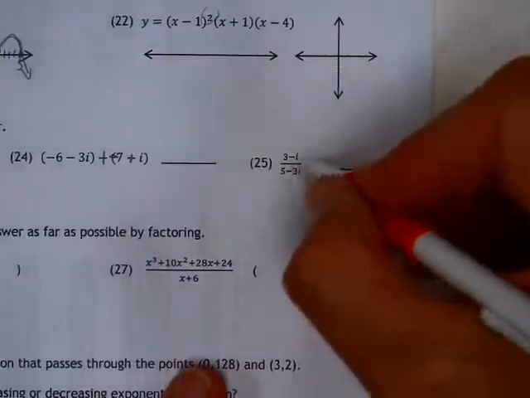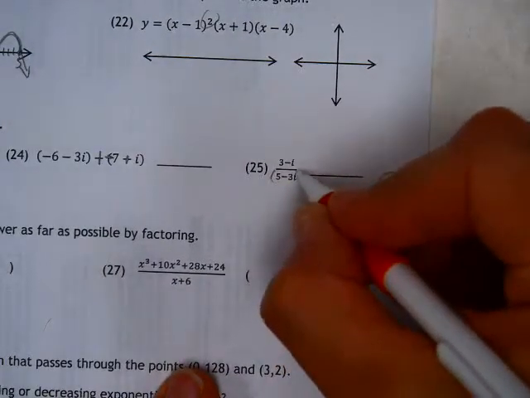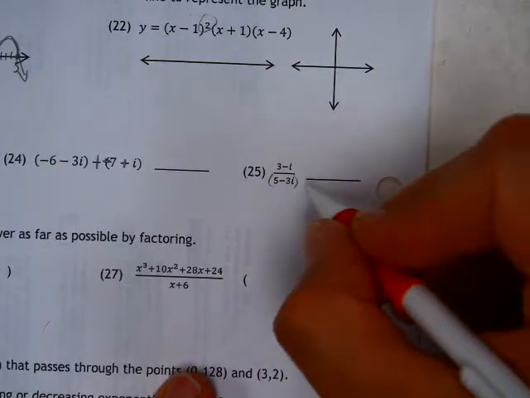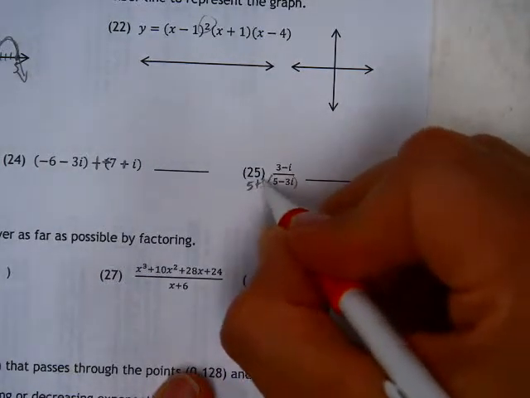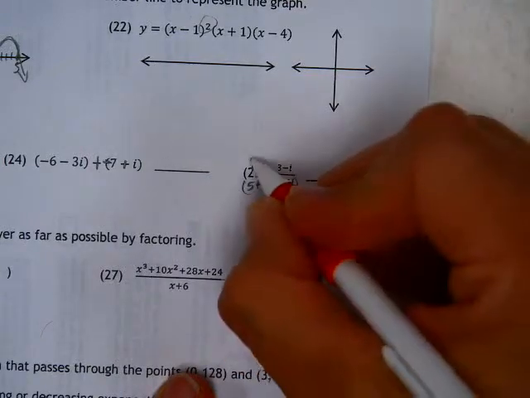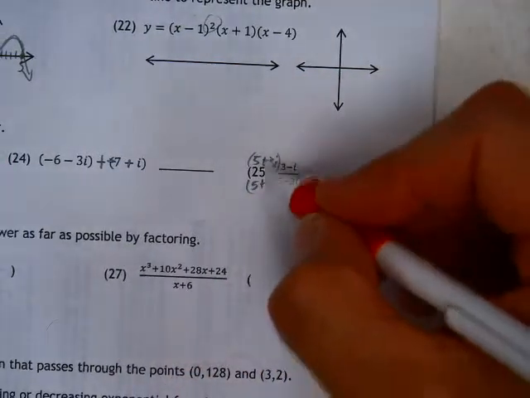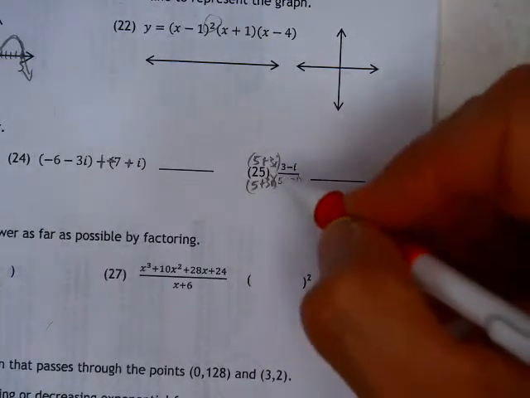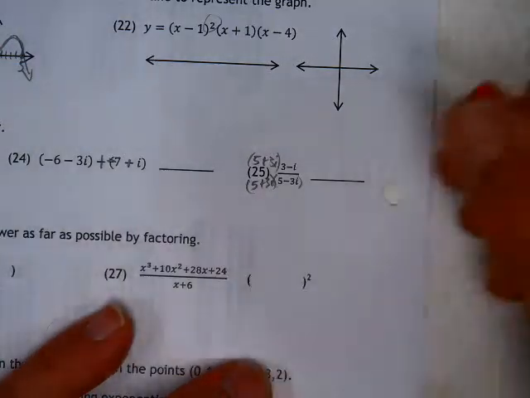Over here, we're going to try and get rid of the i in the denominator. That means we have to multiply by the conjugate of the denominator. The conjugate of 5 minus 3i is 5 plus 3i. It's been a while since we've done this. You're doing 5 plus 3i on the top and bottom. Now we've done this where you multiply the top and bottom of a fraction. But here we go. We're going to FOIL the top, we're going to FOIL the bottom,